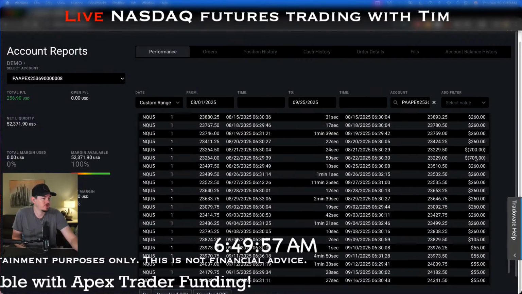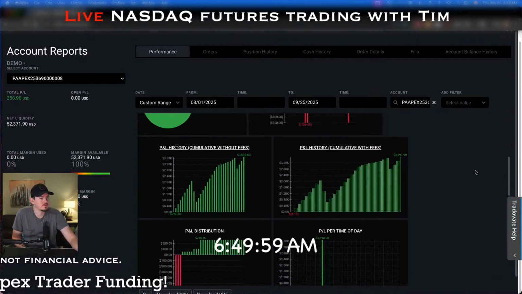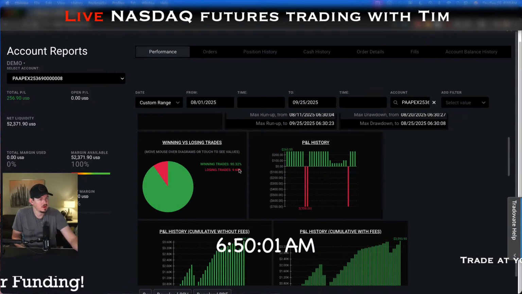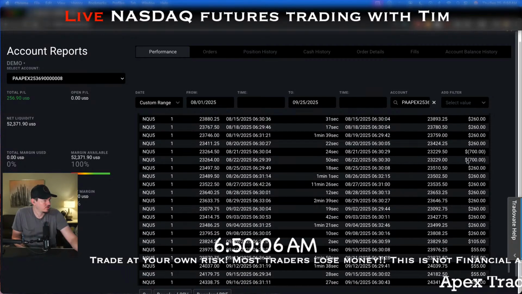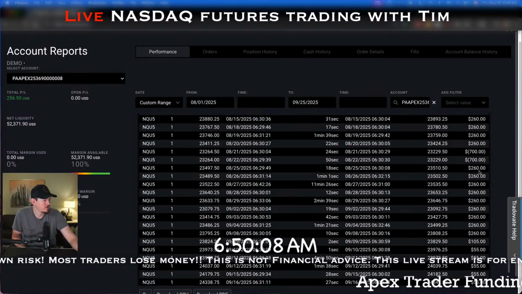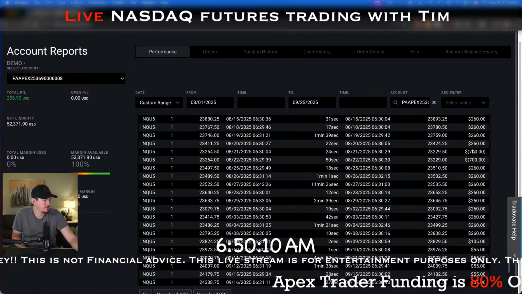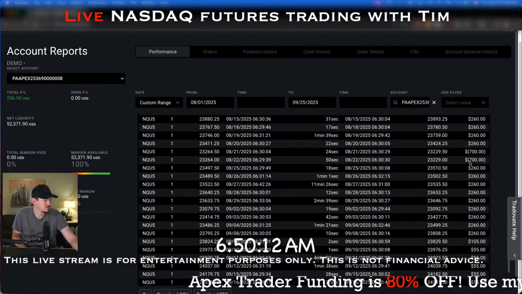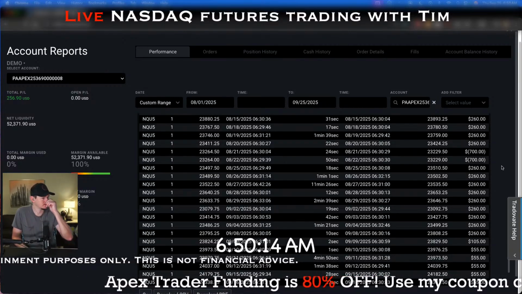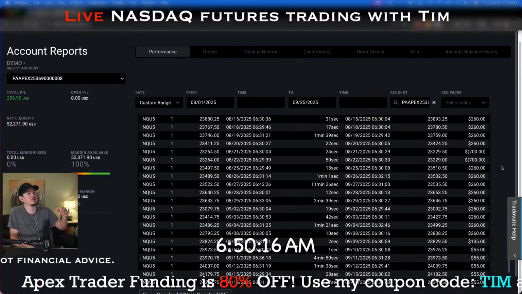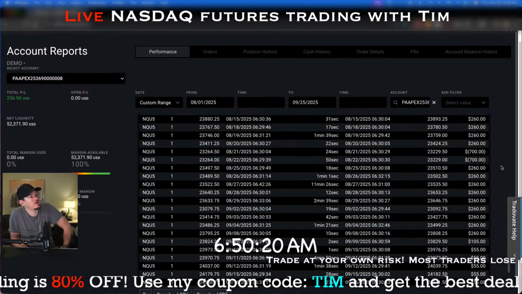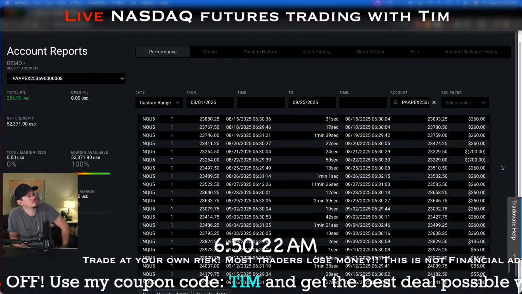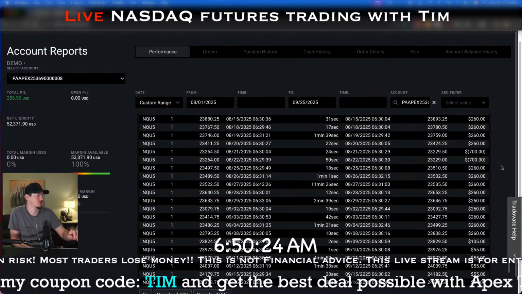Seeing this, the count had 3 losing days. It's only a 90% win rate. Right here, 2 back-to-back losing trades. So that was dicey because it brought my drawdown to $1,400. No, it brought it down $1,400, which means it was only at $900. So I only had $900 drawdown